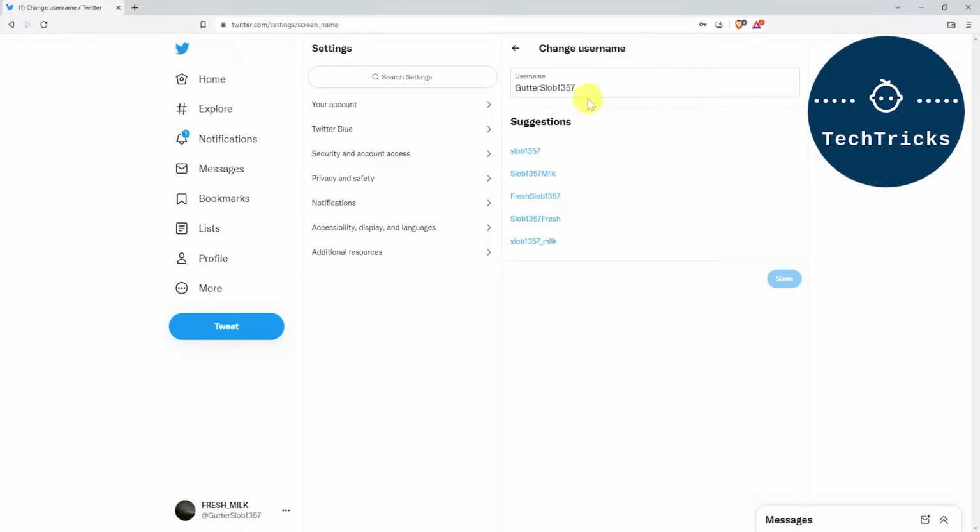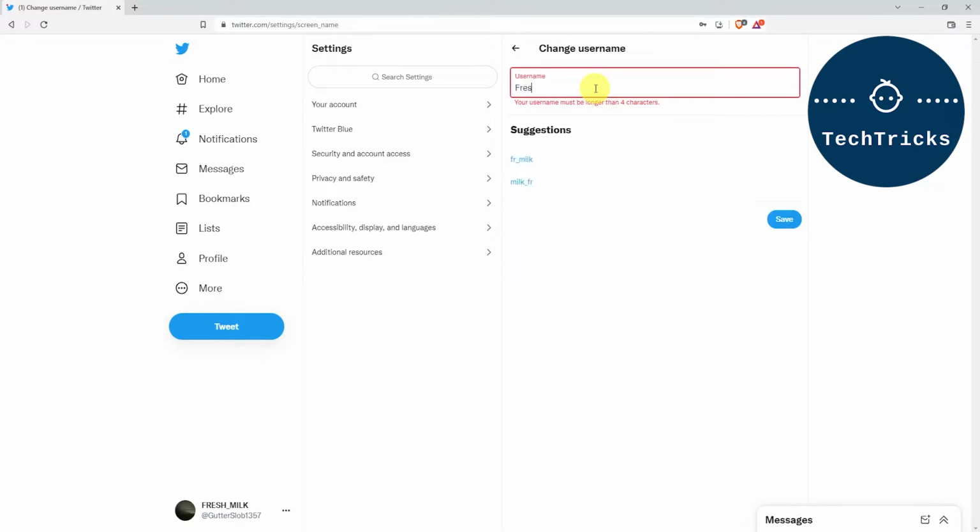Change it. You can change it whatever name that you want, as long as that name is unique, aka hasn't been taken by other account, Twitter will notify you if there's a naming conflict in there. So I'll change it to Fresh Milk 1357